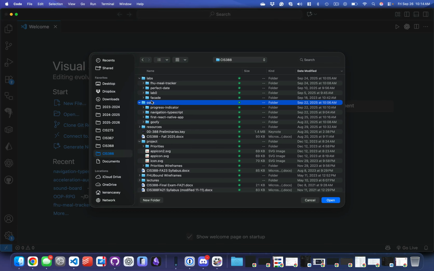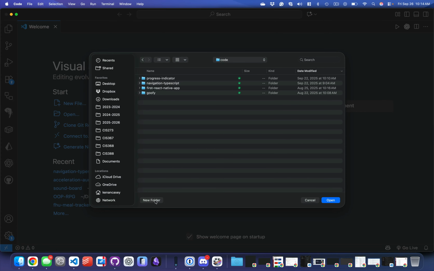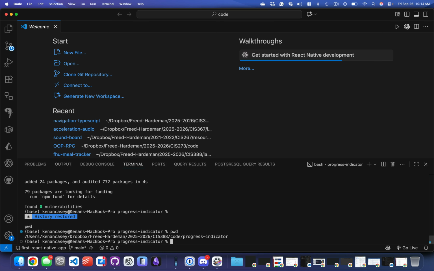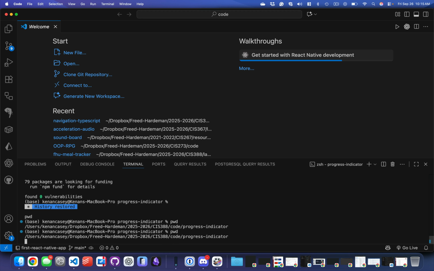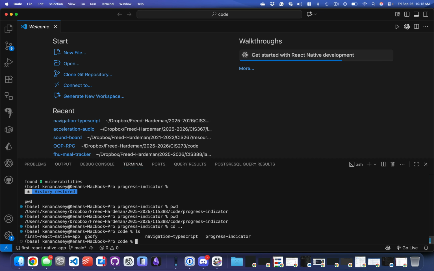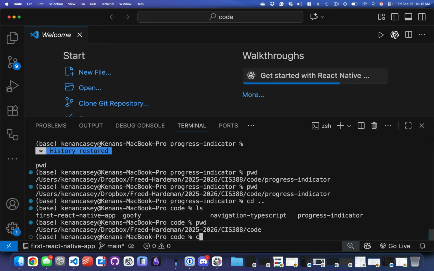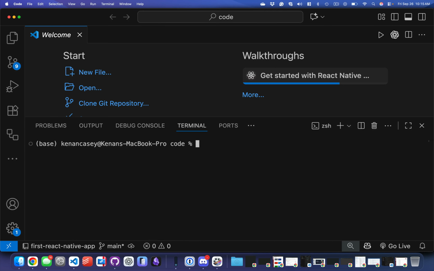All right, so we are learning how to make a new app. I'm going to open up the folder that's going to contain my app. Yeah, I've got this code folder down here. Okay, figure this out. All right, so to start, I'm going to say npx